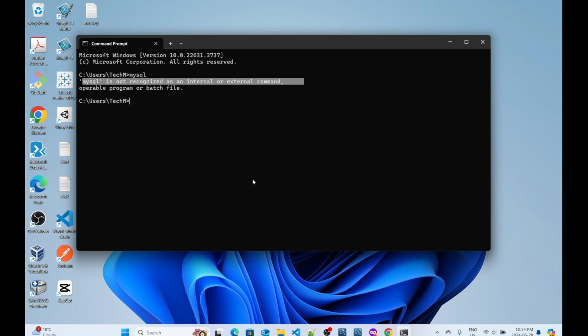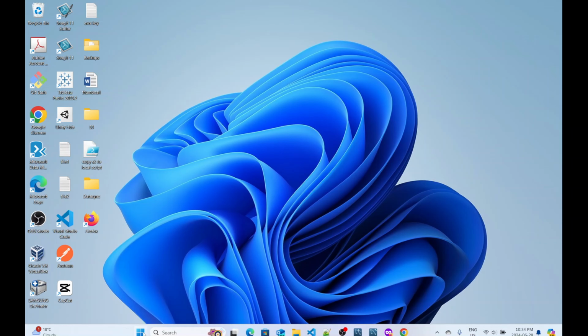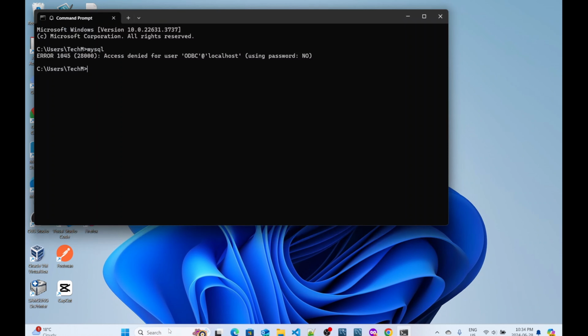Now when we type MySQL in terminal, we can open a new terminal and then it'll work. We open a new terminal. Now we type MySQL and you see it recognized the command, but it said access is denied. We're not using a password, but our local instance of MySQL has a password. So we're going to write